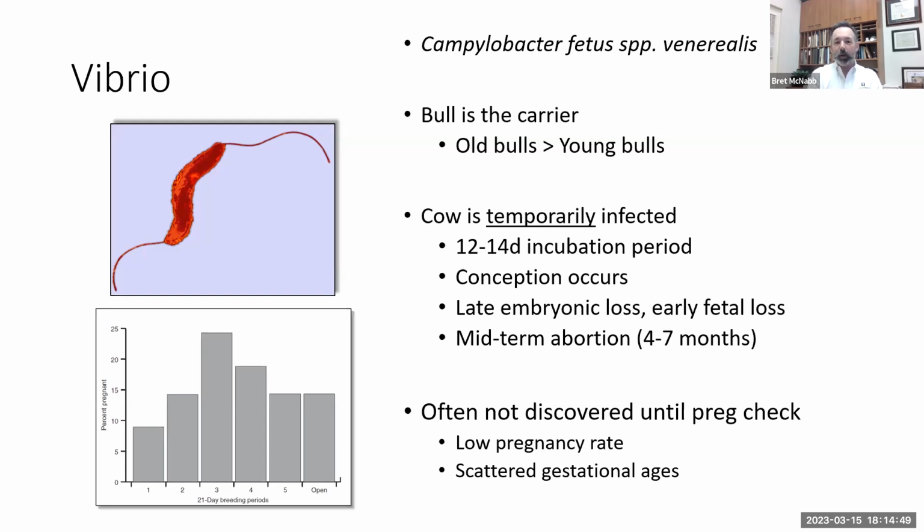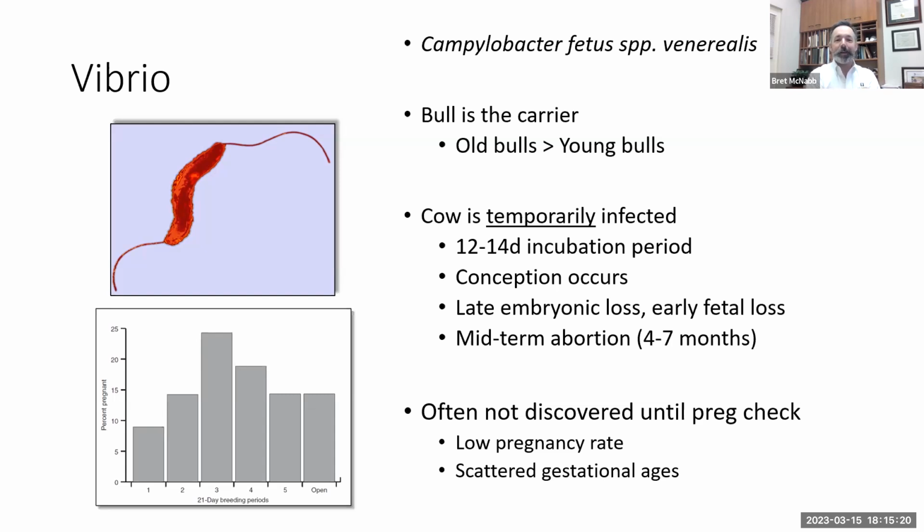Most commonly, we'll have embryonic losses, occasionally early fetal losses, so in that 40 to 60 days of pregnancy range, but we'll also occasionally see the mid-term abortion, anywhere from 4 to 7 months of pregnancy. But many times it's going to be in that earlier window. This is a problem because many times this is not discovered until preg check, when a bunch of cows might be open. Or in the case of the graph on the left here, we might have scattered gestational ages,